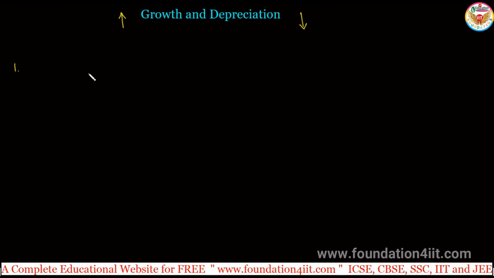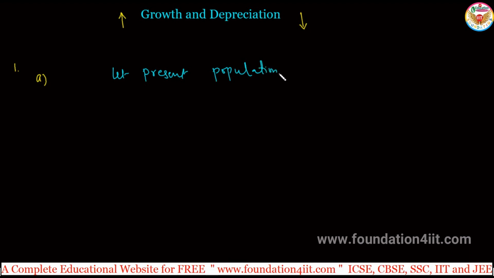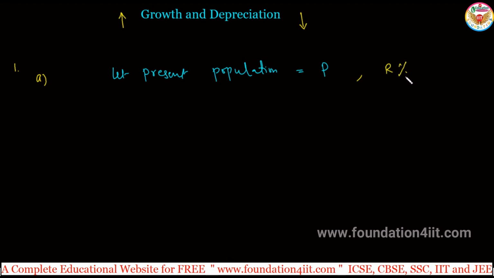For example, let the present population of a town be P. The same compound interest formula will apply even for growth and depreciation also. Okay, let me show in this first one. Present population of the town be P. So let the present population be equal to P, the number of persons. Then the population after n years, and they are increasing at some rate of growth R%, so increasing in population at R% per annum.